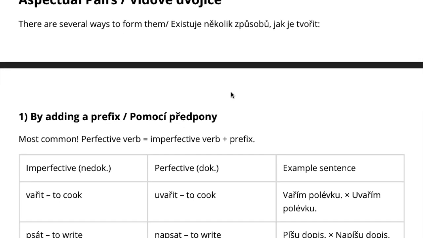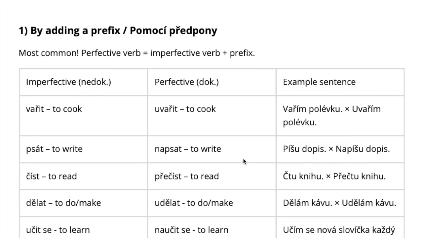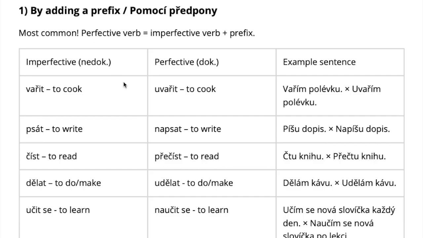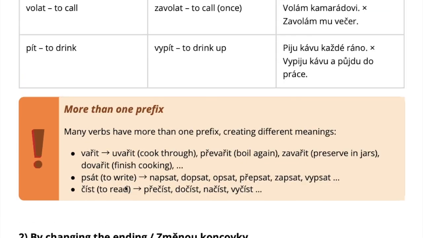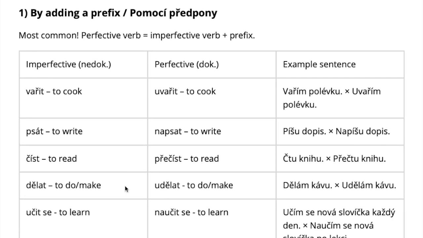Unfortunately, you will just have to learn the perfective and imperfective verb as a pair by heart, because we can divide them into these groups that I will talk about right now, but at the end of the day, you just have to know what prefix to use, how to change the root, and so on. There's no general rule, nothing that I can tell you as a tip, but I believe that if you learn it in categories, it will be easier for you to memorize them,